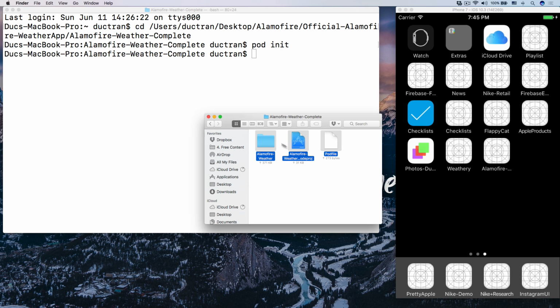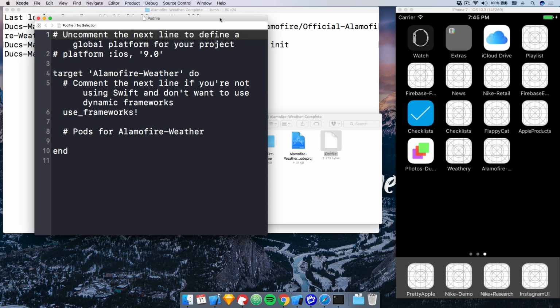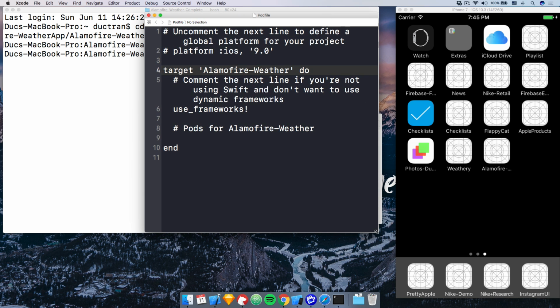That's good. And now if you go back into our folder, we have the Podfile. Cool. So now let me open up this guy. Just drag this Podfile onto our Xcode icon so that we can edit it. Here we go. And look at this. What is the information that we have over here? It says, uncomment the next line to define a global platform for your project. That's good. So it means that I want to use platform iOS from 9.0 and up. So let's delete this pound sign. It is the comment in